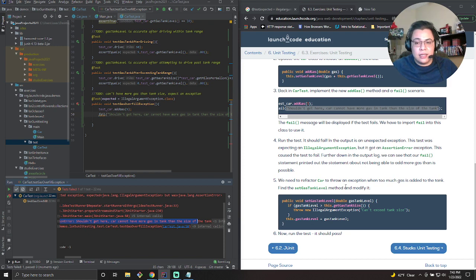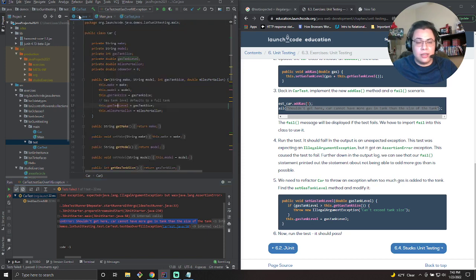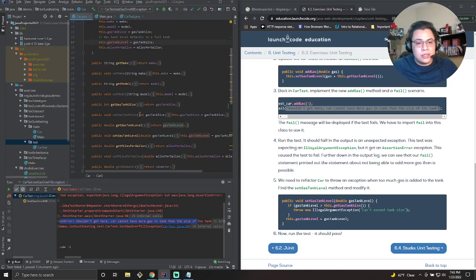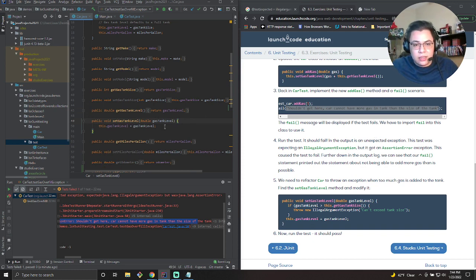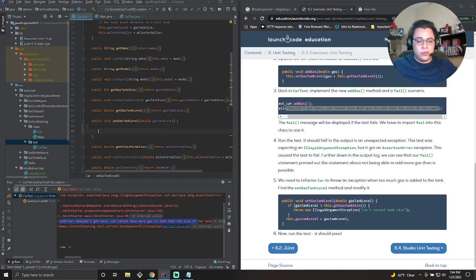Find the set gas tank level and modify it. So let's go to car, our class. And where is set gas tank level? Okay, set gas tank level here. Public void set gas tank level. Okay, now we're going to mess around with this a little. Public void set gas tank level, double gas tank level. Now, I'm just going to comment that out, and we're just going to do